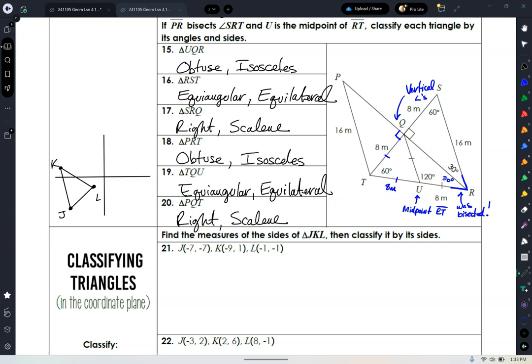Now we want to try to classify this according to its sides. In order to do that, we would need to know the side lengths of each of these three sides. Do we have a tool for that? Our distance formula tells us the distance. It's basically like doing the Pythagorean theorem. So if we wanted to know how long JK was, we could say JK is